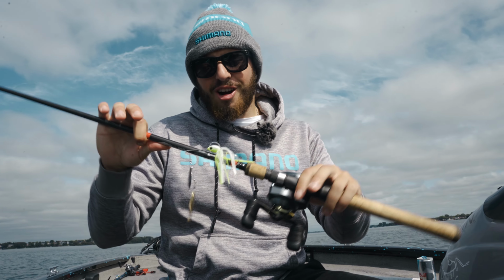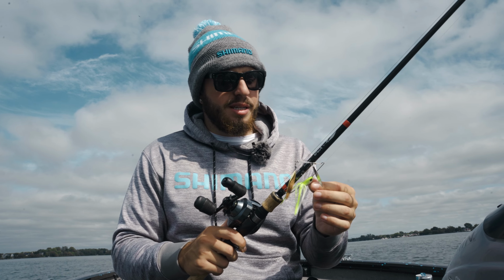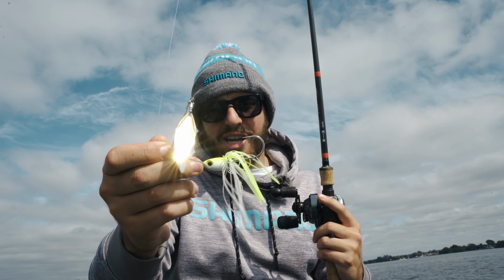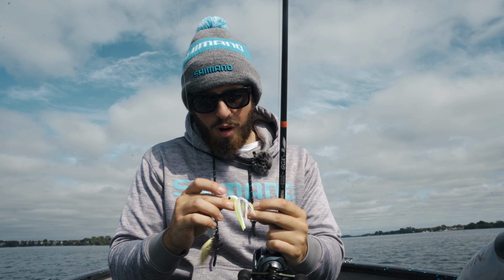All right, guys, we just got done fishing and we put the Swagy Strong to the test today on some smallmouth. We caught quite a few on it, probably close to 20 smallmouth on this today. Nothing giant, but as you guys can see, this thing seems pretty freaking indestructible. There are a few scratch marks on the head paint, but besides that, after bumping rocks and catching a ton